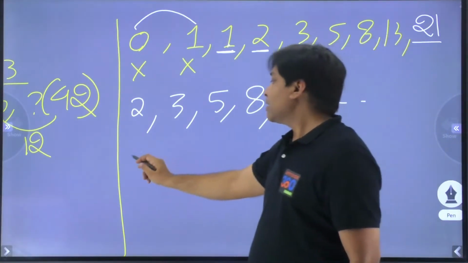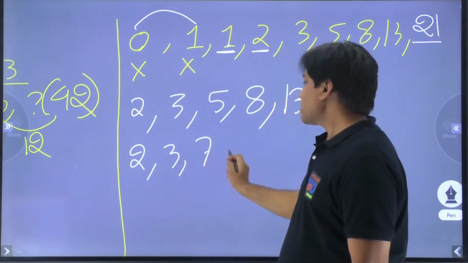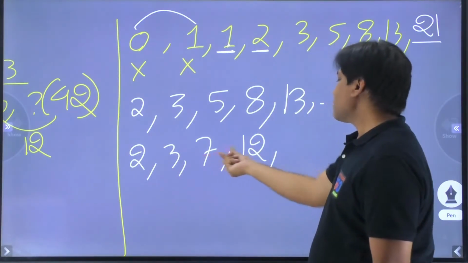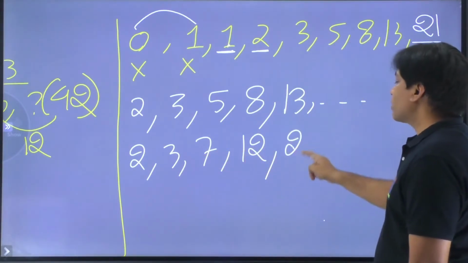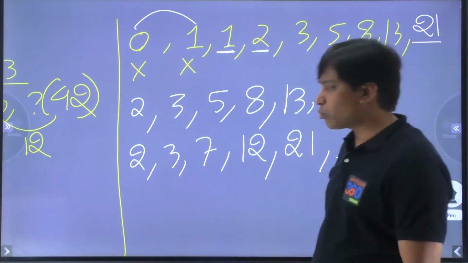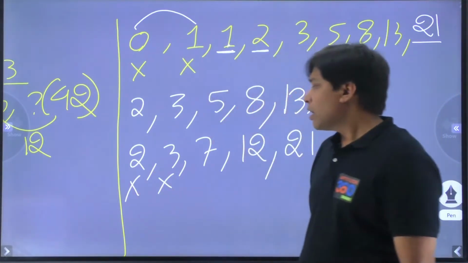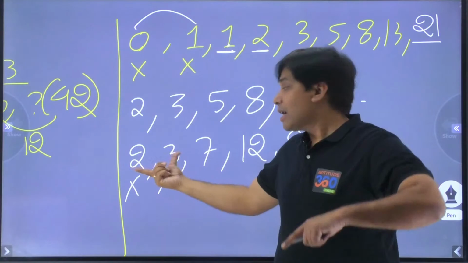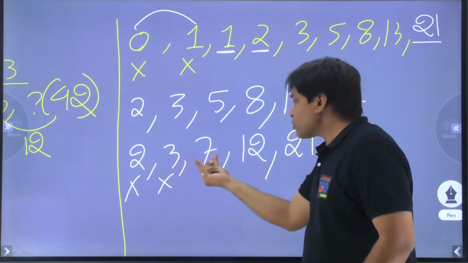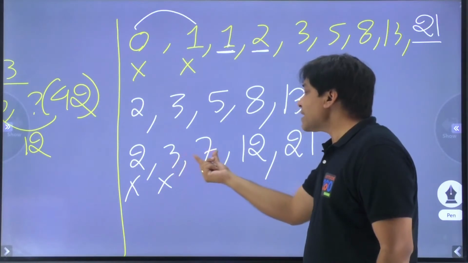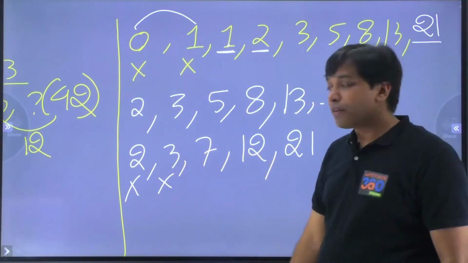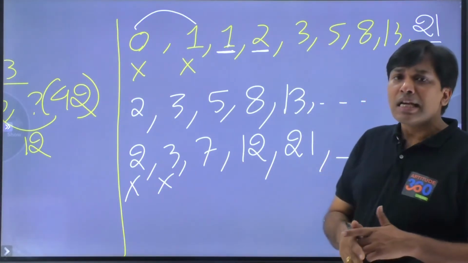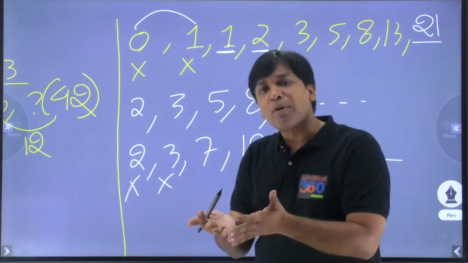What if I say that 2 and then 3 and this becomes 7? And then 3 plus 7 and then this becomes 12. And this plus this is 19 and this becomes 21. And what did I do out here? Leave the first two aside. So how did I get 7? 2 plus 3 plus 2. Do you understand this? And then 2 plus 3, 5, 5 plus 2 is 7. 3 plus 7, 10, 10 plus 2, 12. 7 plus 12, 19 plus 2, 21. Do you understand? It is not that you will always be getting the sum of the previous two terms.